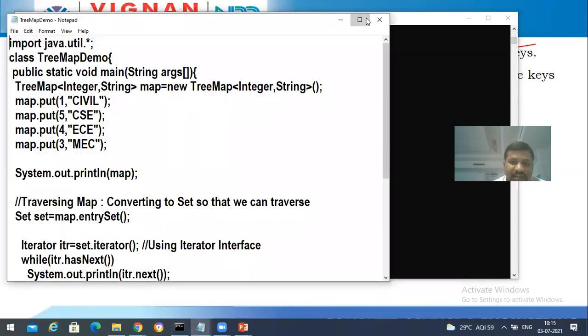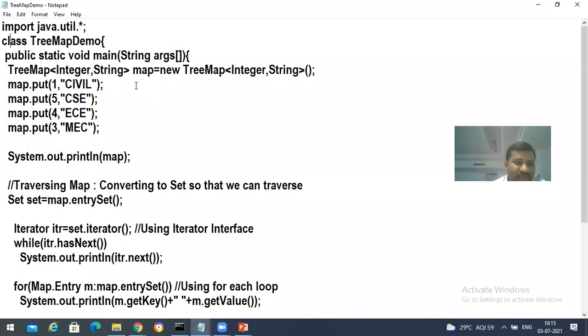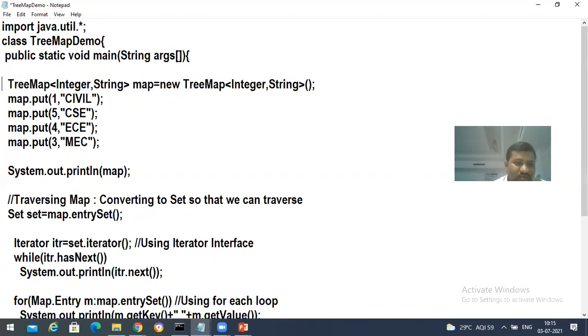So you can see here, we are taking some set of things, and the name of the class is TreeMap, and the public static void main. Here I'm creating a TreeMap object. At the time of creating the TreeMap object, I'm specifying the key must be Integer and the value must be String, and I'm taking map as the name of the reference, and here new TreeMap. Before creating the object, I'm also specifying the type. If you're not specifying the type, you can take any key, either string or integer or anything, and the value also can be any type. But here specifically I'm saying that one is going to be integer, the other one is going to be string.